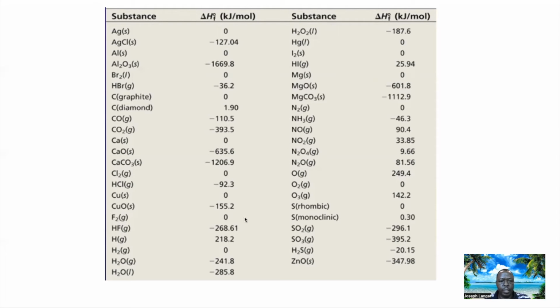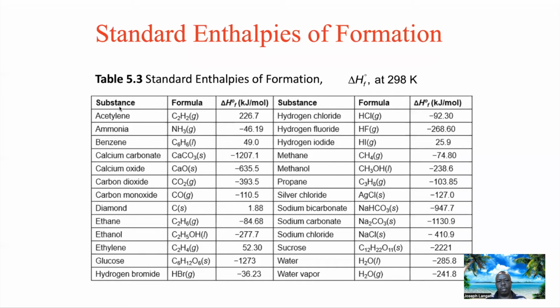You've got to know when it's 0, because that's an element that is responsible for forming compounds. We don't make elements, they're already there. Look at this, these are just elements. So remember to use this table in your homework, so that when you are given it, you will see. In the text, this is 5.3. And where we are going with this, all right,